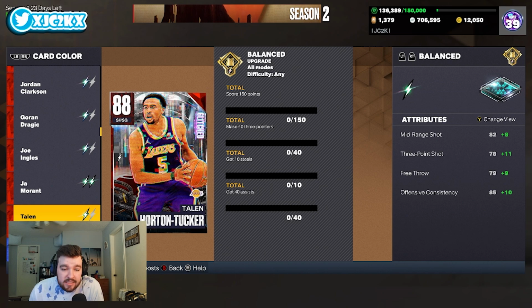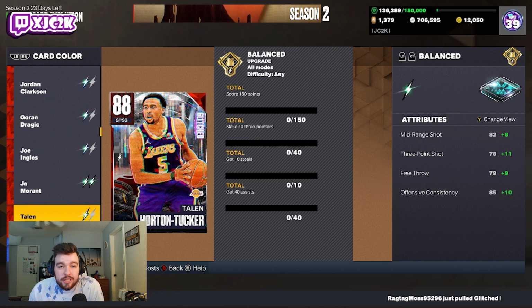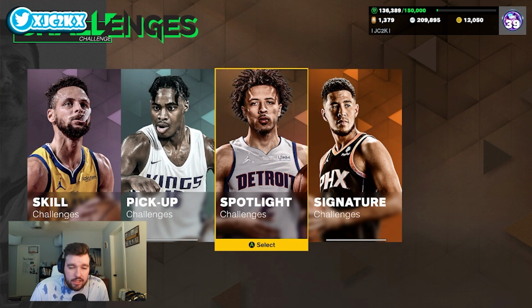He's even got a pretty decent 3-ball rating already at a 78, which is gonna make those 3-pointers pretty easy. So yeah, let's hop into it and let's talk about how you can actually get these challenges done quite quick and easy. All right, so the easiest way that I think to do these evos is going to be to